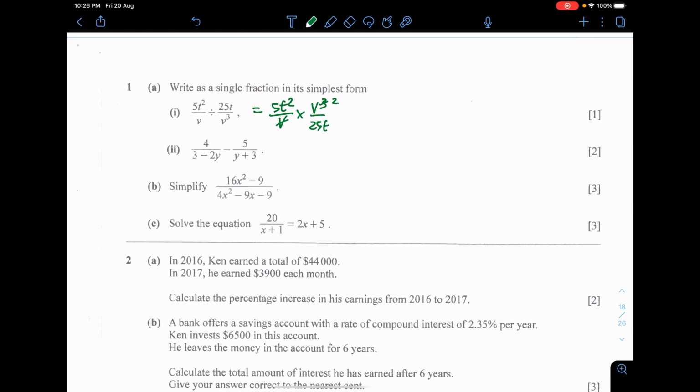Cancel the t's, cancel the 5 and the 25. There will be tv squared over 5. Okay, next,